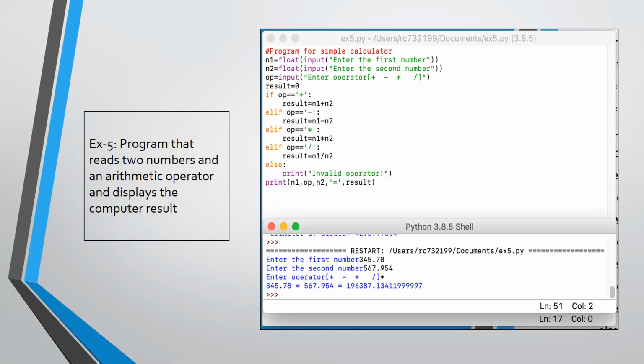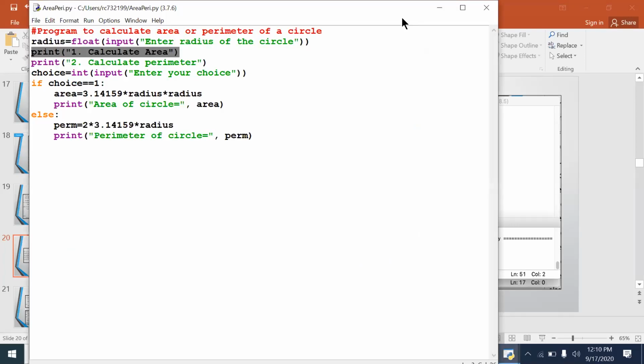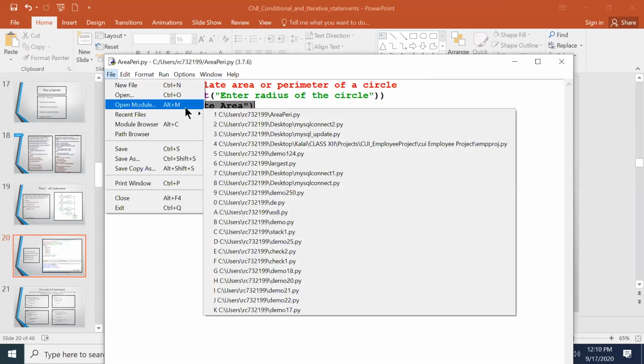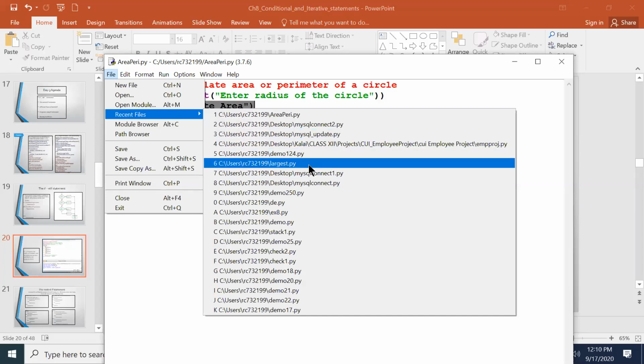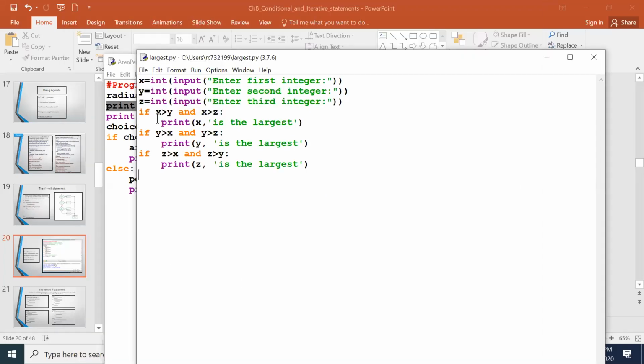And yesterday also we were writing one program to find the largest of three numbers, right? Largest of three numbers, yes, we wrote, ma'am. Remember? Let me try to open that. So this is the program I have written. This program can be converted into an if elif.